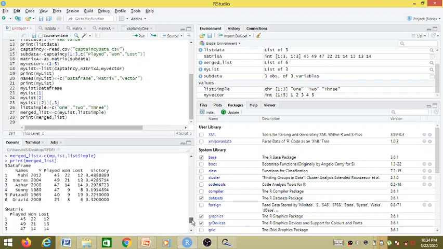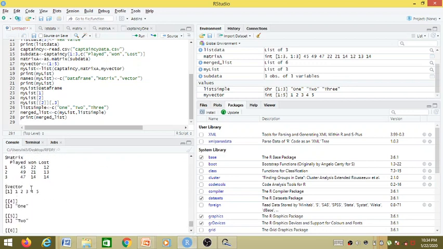Previously in my list we had a data frame, so it is displayed. Matrix, it is also displayed. Vector, it is also displayed, and we have given them names, so they have been displayed with names. And list simple has just 3 elements. All the 3 elements are character strings. So at the 4th element we have 1, at the 5th element we have 2, at the 6th element we have 3.